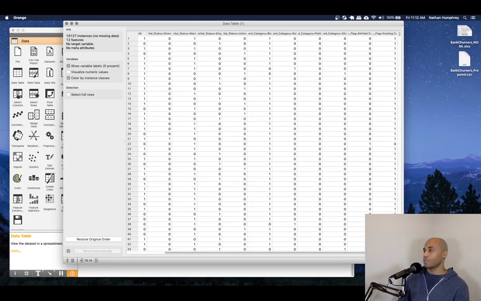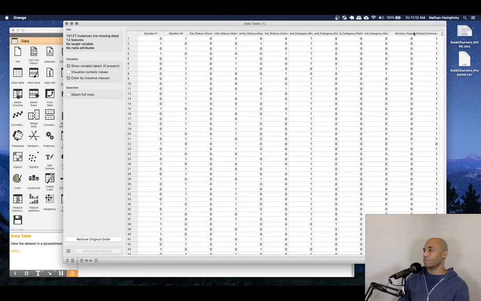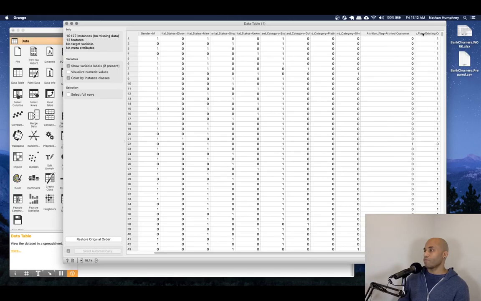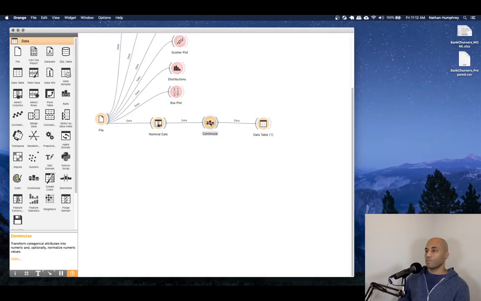And now we can see our attrition flag at the very end here. So attrition flag, attrited customer, and attrition flag, existing customer. So that's great. So this is our data transform, but we need these columns combined back with the original data. And we also want to do the same thing with the ordinal ones. So we need to repeat this process for our ordinal categories and then combine both those back in with the